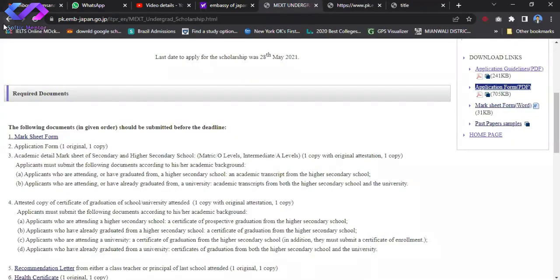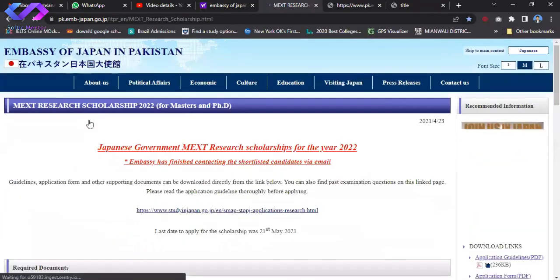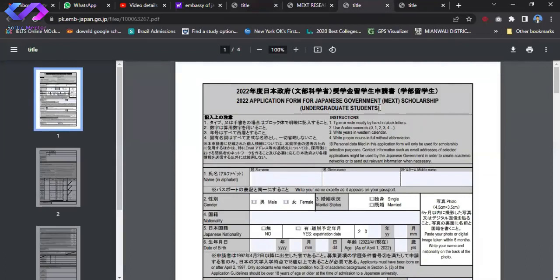Let me open the application form of the MEXT research scholarship, embassy track. Okay, this is the application form of the MEXT research scholarship. This is for undergraduate students. As I mentioned, this is an editable PDF. You can just click on it and type. For example, my name is Sanaullah, so I can type it. But be careful,